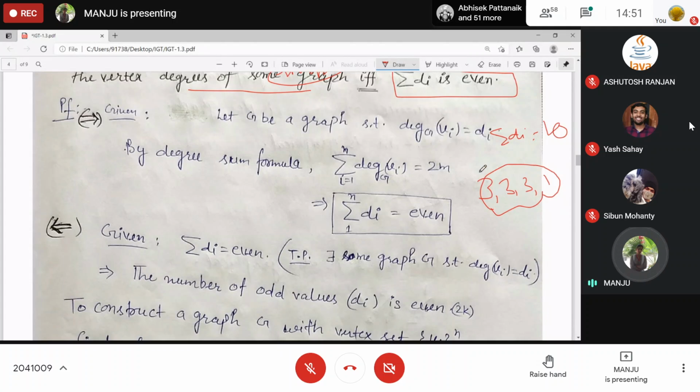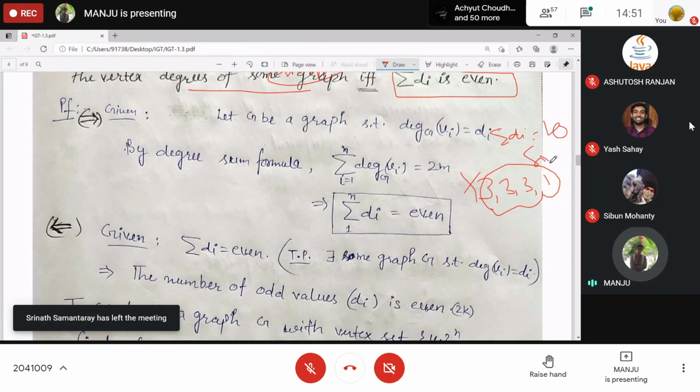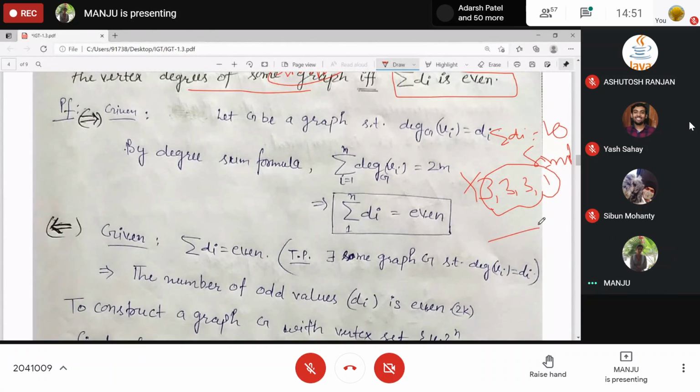So this sequence is not graphical, because we want a simple graph. Obviously, a pseudo graph you can form.